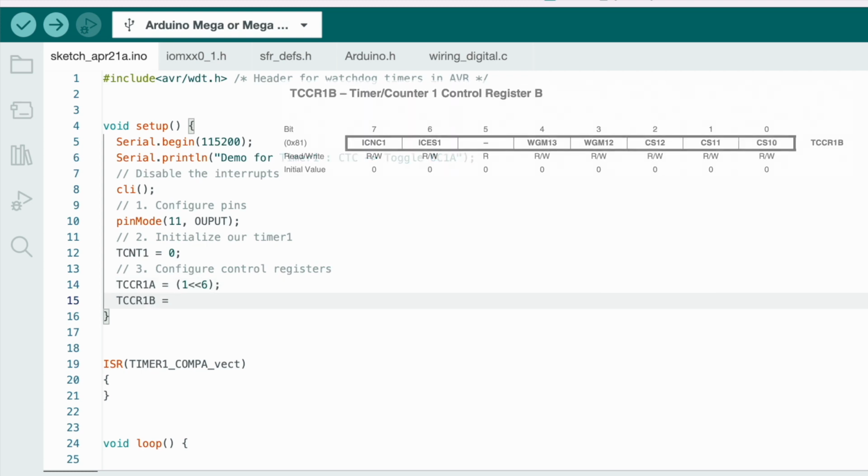And in control register B, we have to enable the second bit to select the pre-scaler value of 256, and enable the third bit to select the CTC feature, clear on timer comparison. That means whenever the timer reaches the compare register value, it will be cleared.